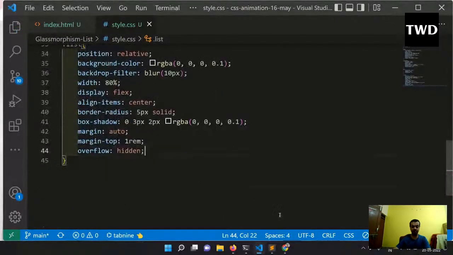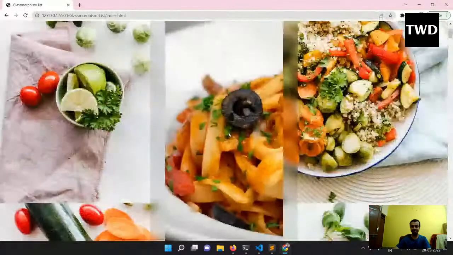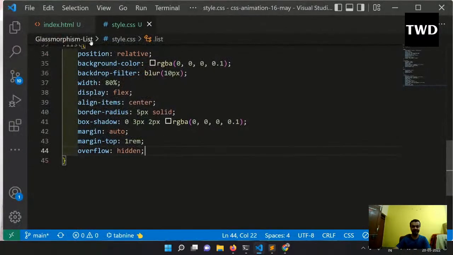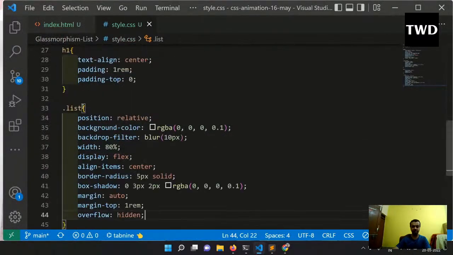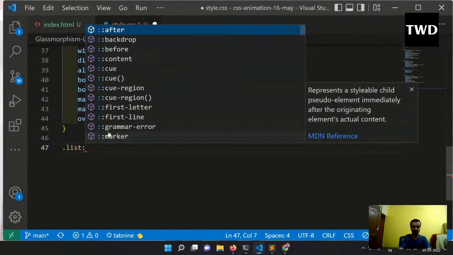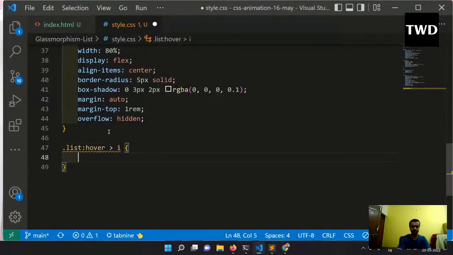Now everything is showing in the center, but still the images are way too big because we have to adjust that also. So let us first have some hover property here. So in this list, I'm going to go and list hover, and